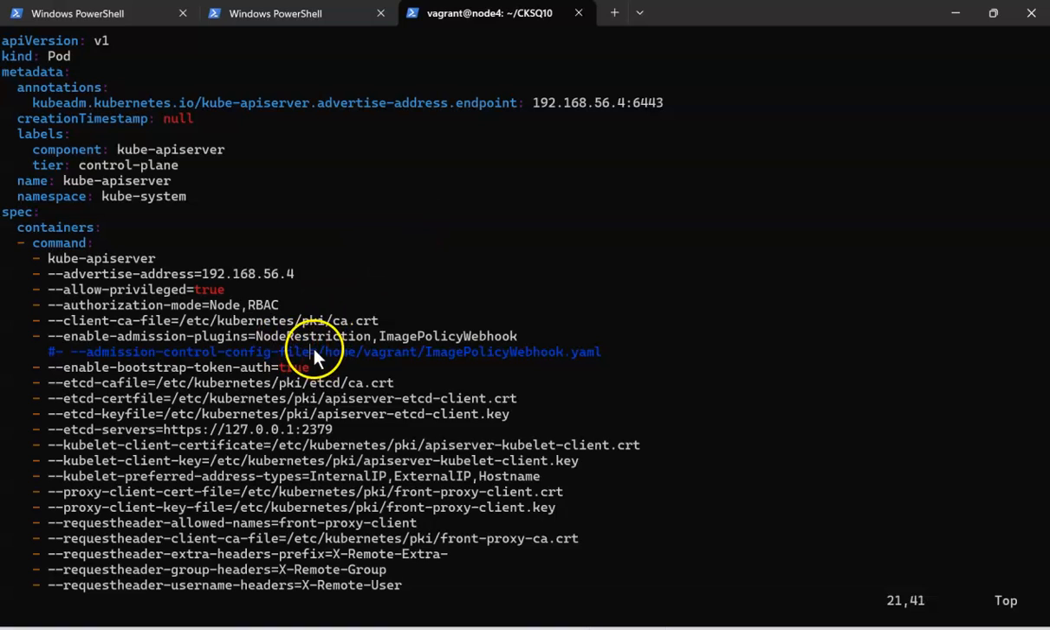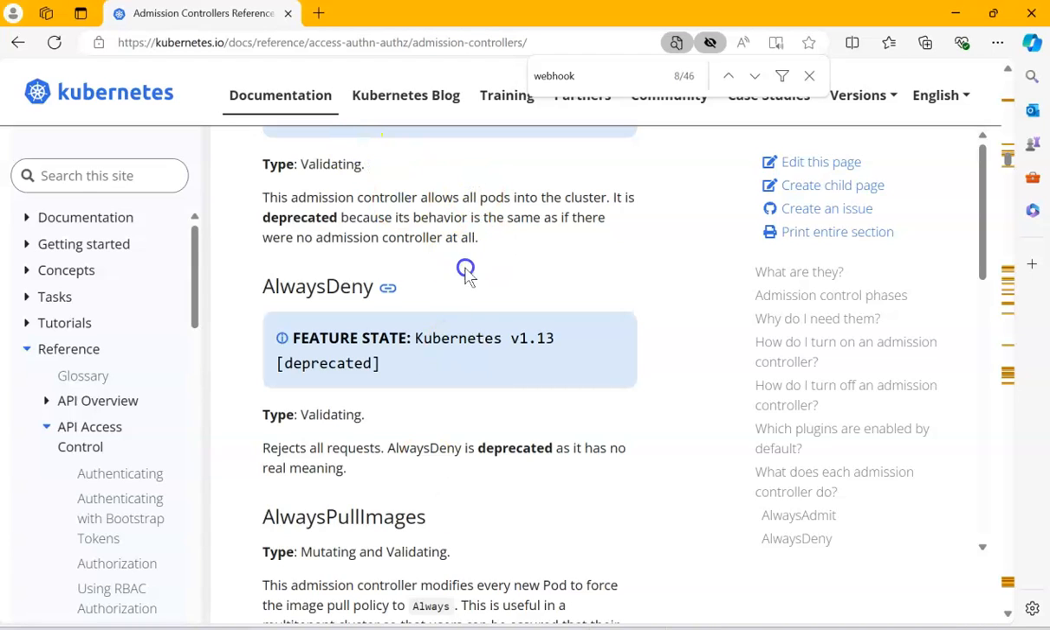Which file is responsible for the admission control config? For that, you'll just go to the webhook documentation first of all. How would you get to know whether this is the file, and what string you need to pick up? So, webhook